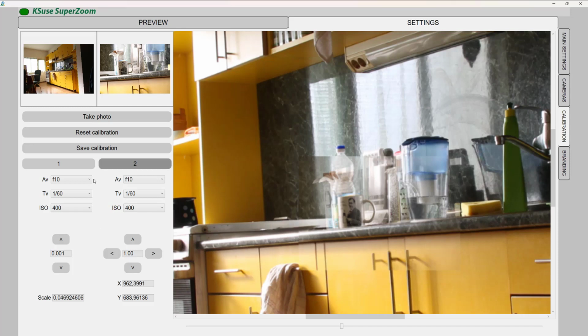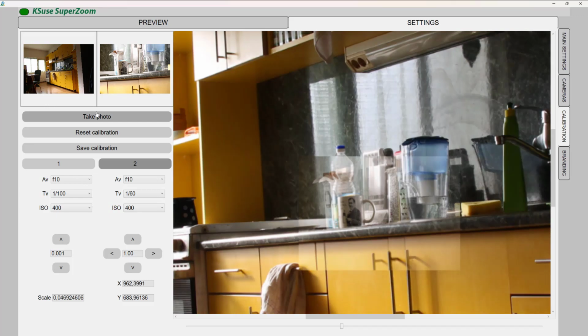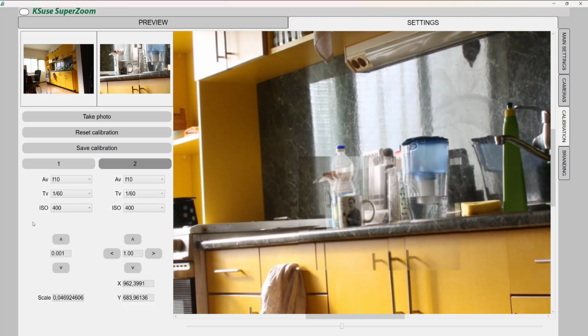Next, I have to adjust the brightness of my shots so that they almost blend in. If we have such values, we see a very big difference. Let it stay like this.